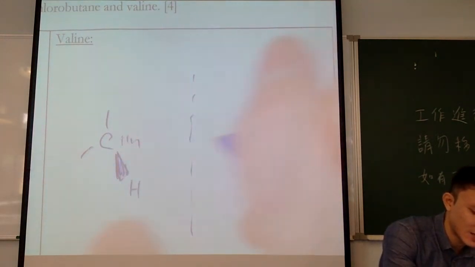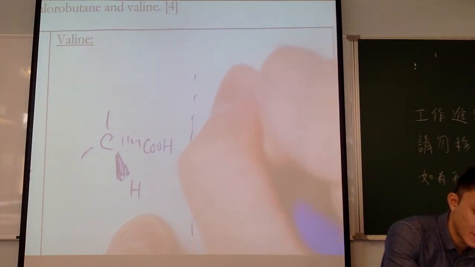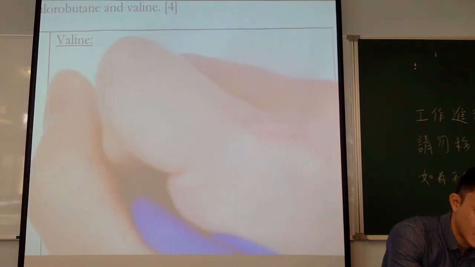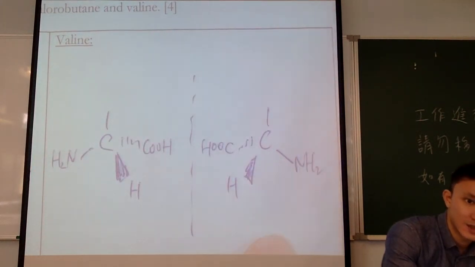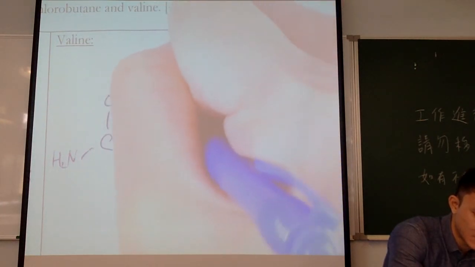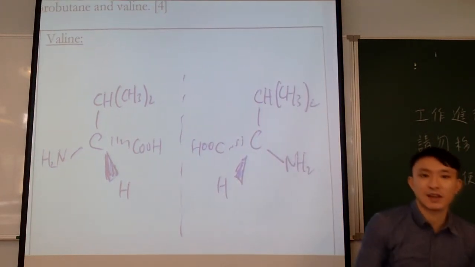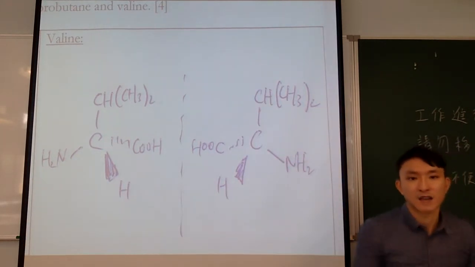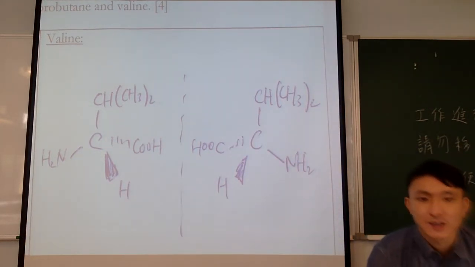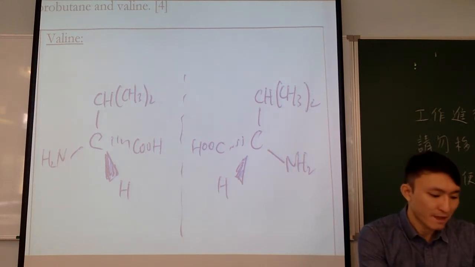Again, you can have H here, you can have COOH here, COOH here, H, NH2, NH2, and then the isopropyl group, CH(CH3)2, CH(CH3)2, like this, okay? Or you can draw out the isopropyl group, it doesn't matter. Now, so this is how you show the enantiomers. Okay,